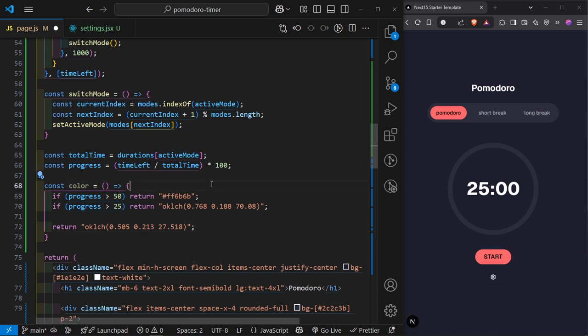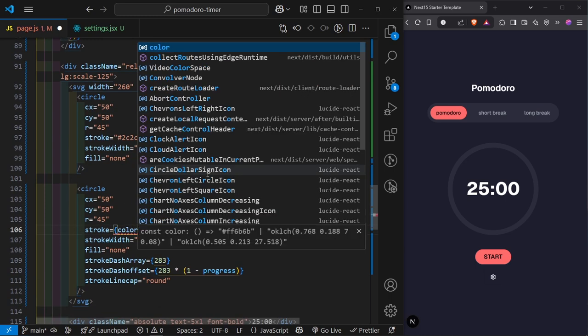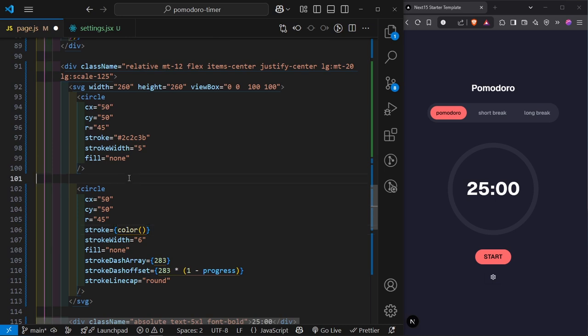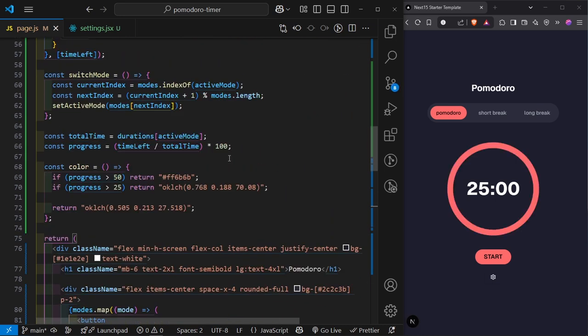Fantastic. So now that we have the color, then we can go ahead and pass in the color on the stroke here. So you can go ahead and pass in the color like so, and let's save it just to make sure that we don't have anything weird on the screen, because we've written quite a bit. And look at that. Fantastic. And I think this should be working. So if we press on